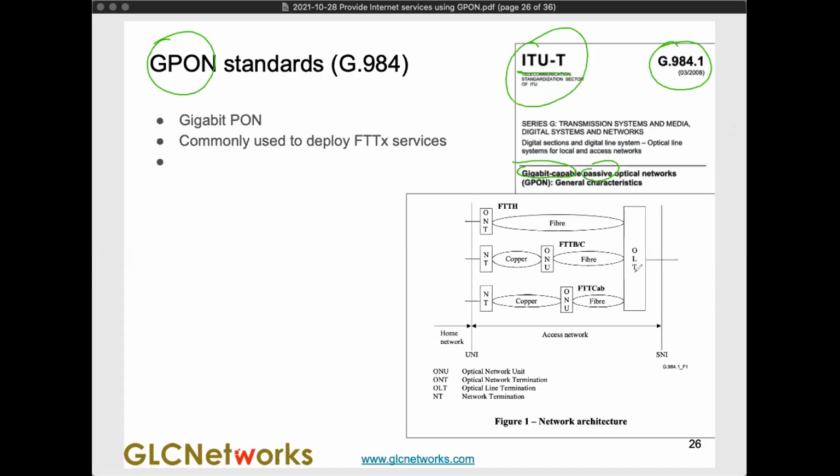So this is how you implement the fiber. You have an OLT here at the central office, okay? And then here's the home network. Here you have the ONT, like your modem. And from here, you can connect fiber optic cables directly to the ONT. Or sometimes people will call it